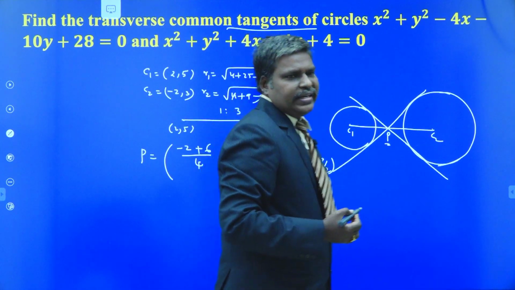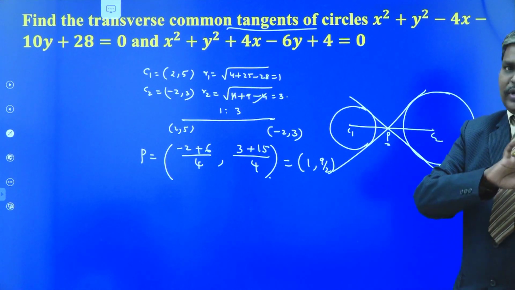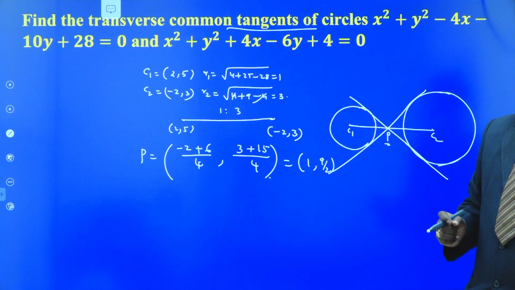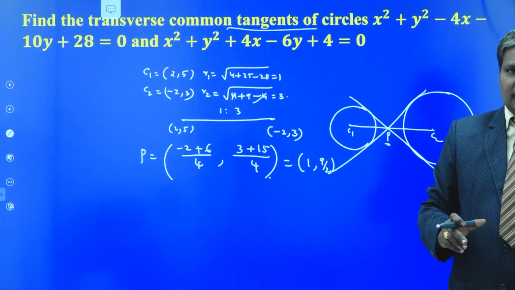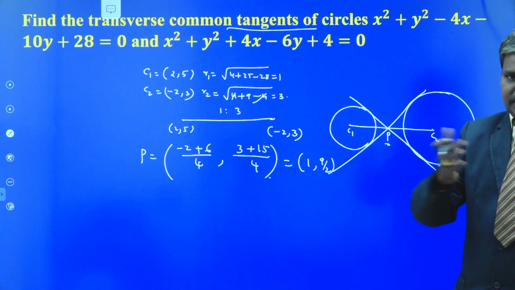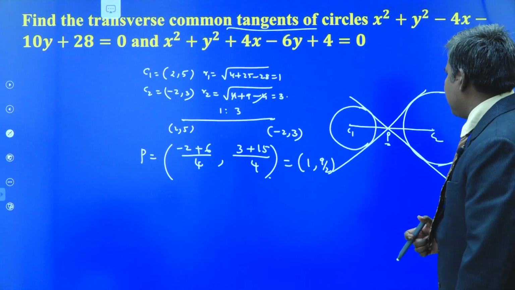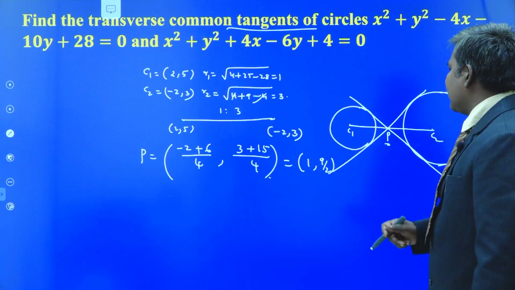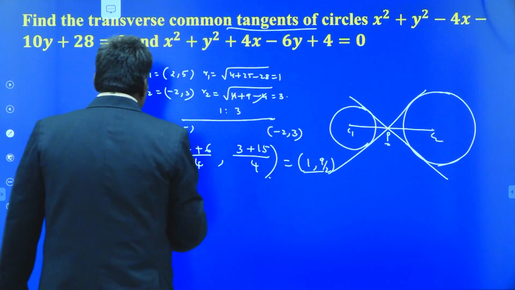Once you have the coordinates of P, you can use S1 squared equals S into S11 for any of the circles. We get the combined equation of the pair of tangents. Those are the transverse common tangents to both circles. But I am using the technique r equal to d to directly obtain the separate equations of the transverse common tangents. So after getting (1, 9/2), the equation of any line passing through this point is of the form what now?